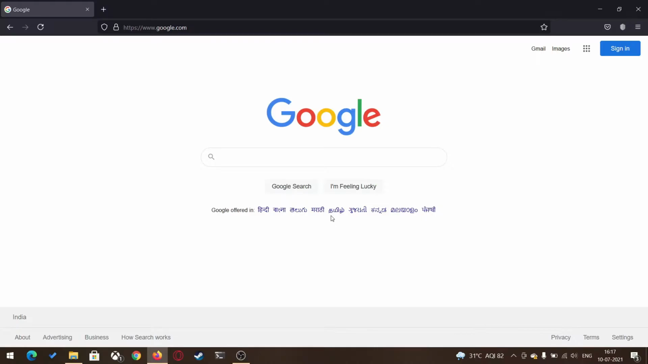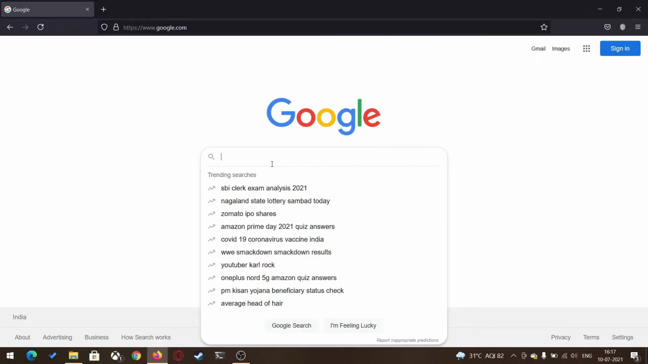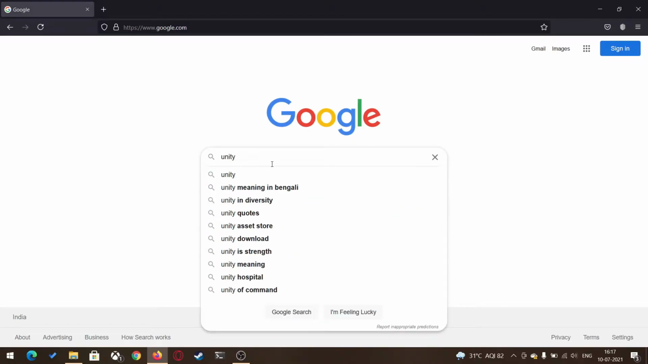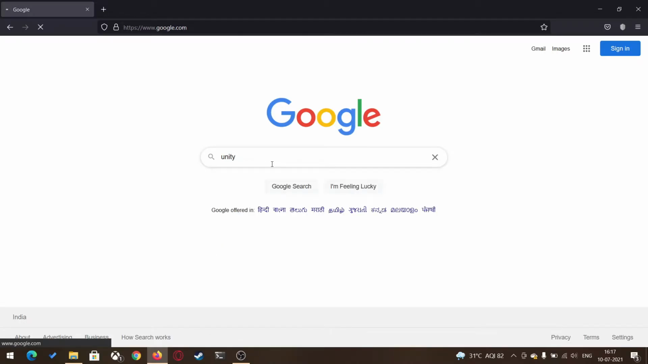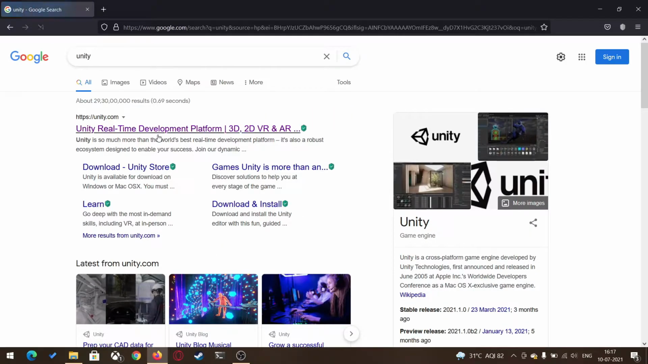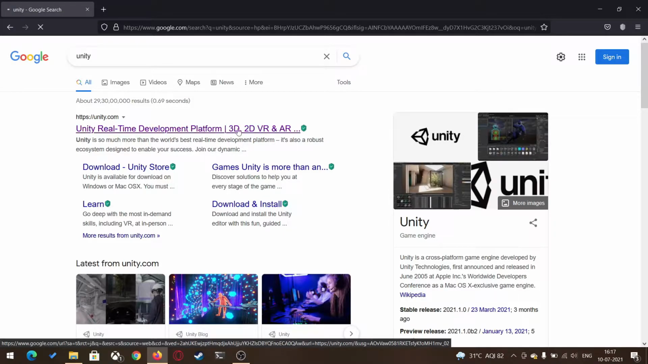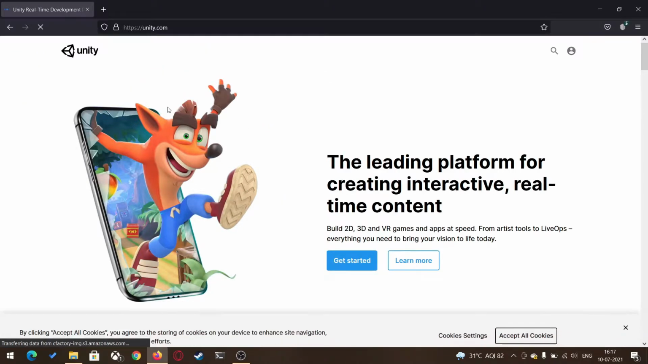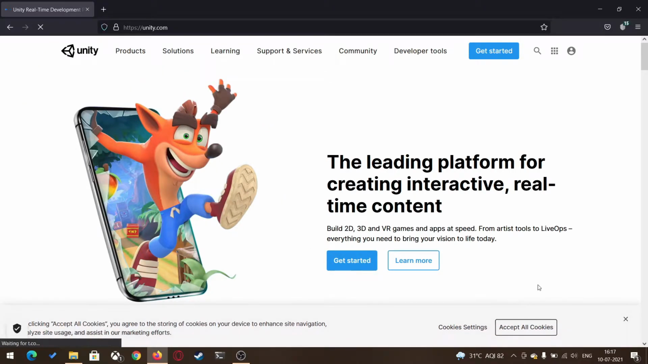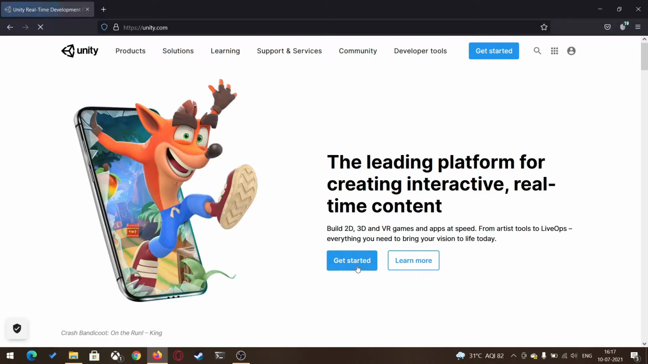Now, to get started, just go to Google and start typing Unity. Okay, and the first result is unity.com. So open up this website. It's Unity's official homepage. So let's click on this get started call to action button,